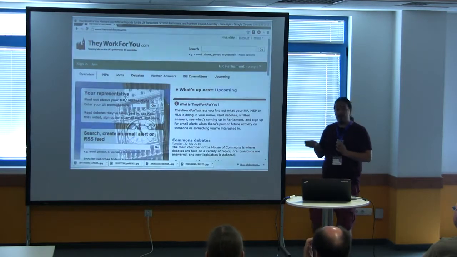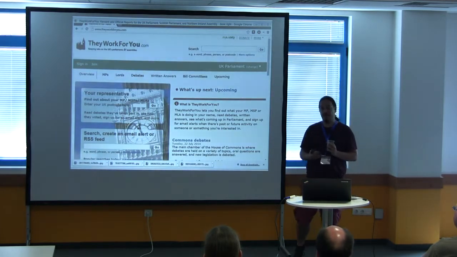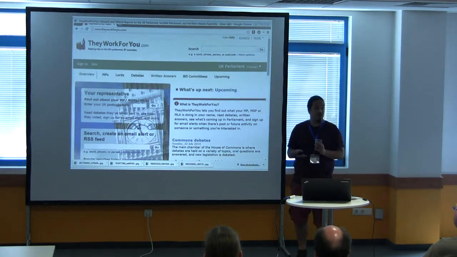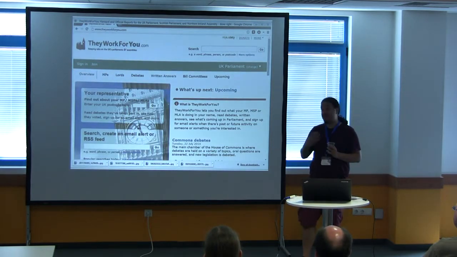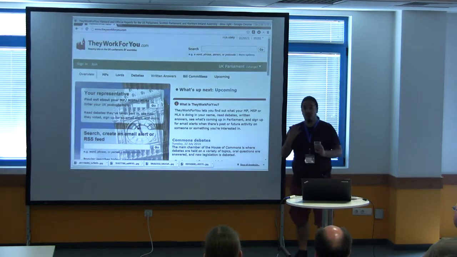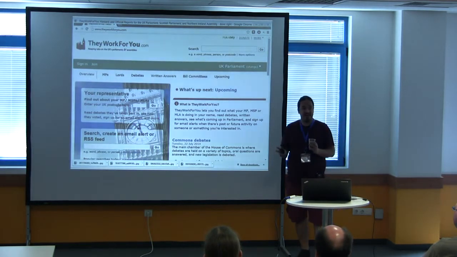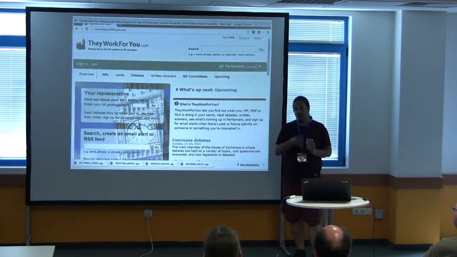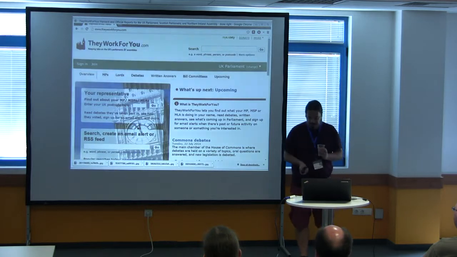So in the UK, we have They Work For You, which allows you to find out what your Member of Parliament, so your elected representative, is doing. What have they spoken about? There's links to allow you to write letters to them if you're unhappy about what they're doing. You can find out how they voted on a variety of different issues. How did they vote for women's issues? Did they vote for the war in Iraq? Did they vote for all kinds of things. And we actually have a researcher, so not even a technical guy, a researcher who will look at every vote that happens in Parliament and categorise it so that we can give that kind of extra information. So we provide data beyond, value beyond just creating a website.